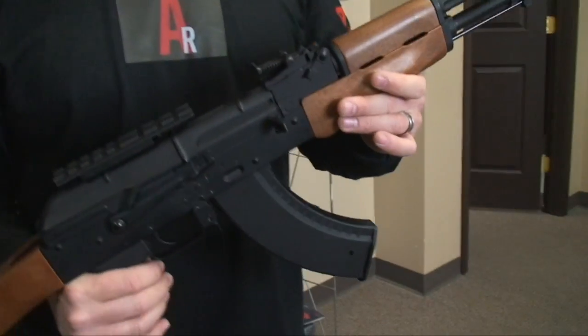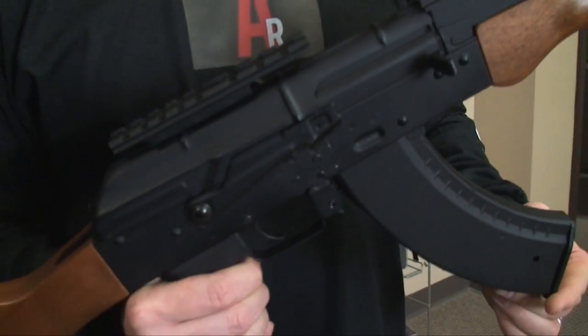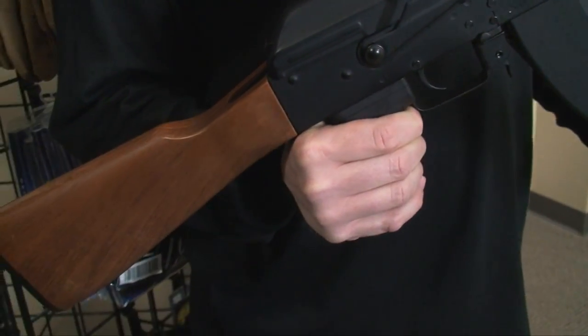Alright guys, so we wanted to be really thorough with this review for the Skirmish Report. So I want to go over this AKM, Kalashnikov AKM by Cybergun. I was not into AKs before, but after using this gun, I may have actually changed my mind. I'm not quite sure. There is something about the gun that's really nice that you don't really get with M4s,